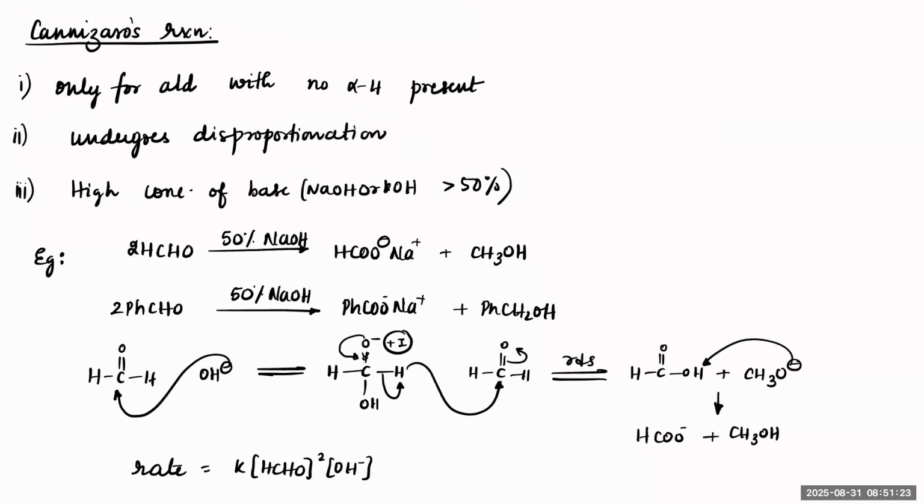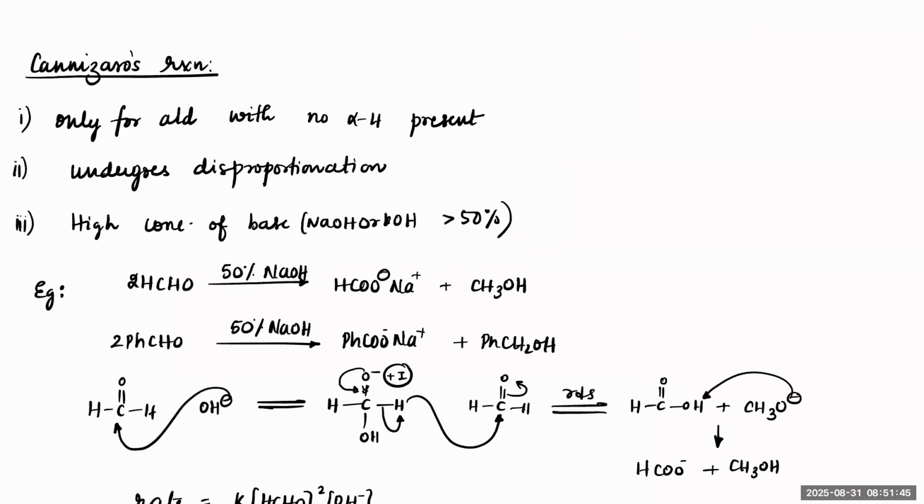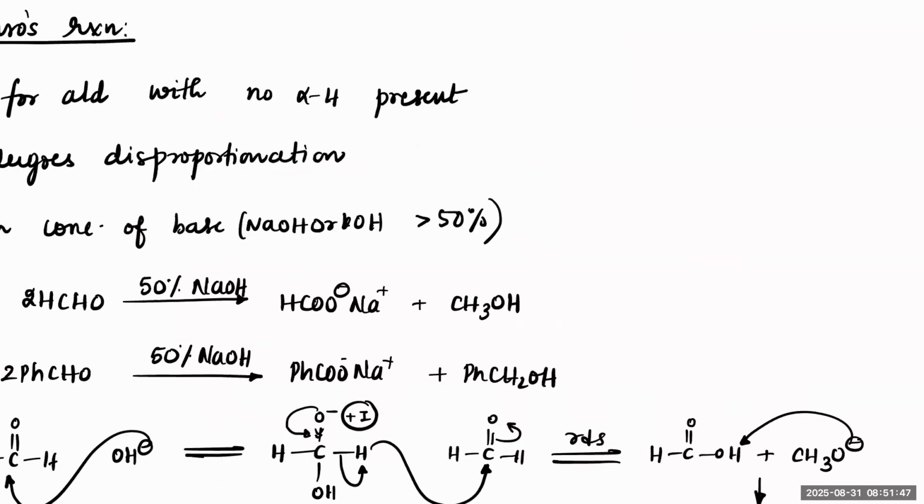Now, let us understand two major reactions of aldehydes and ketones. One is Cannizzaro reaction, the other one is aldol reaction. Okay. See, Cannizzaro reaction is observed only for aldehydes with no alpha present on it. Okay. Which are those cases where there is no alpha present? Okay. But only this case is present like this. HCHO,